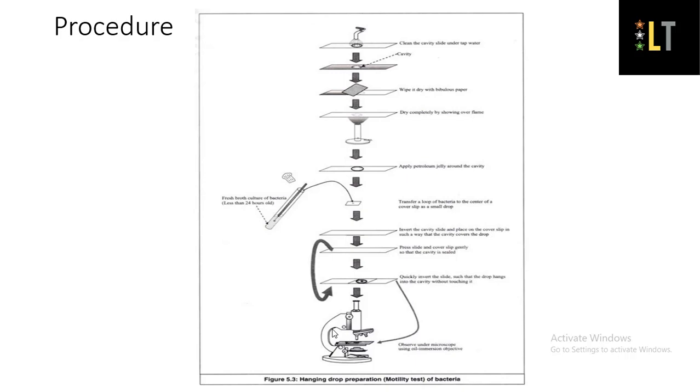Better contrast is obtained due to the difference in refractive index of the drop and the cover slip. As the drop hangs, it thins towards the edge, and for this reason the edge contains fewer bacteria, which can be observed clearly for motility. Usually aerobic bacteria come towards the edge to get more oxygen for respiration, so they can be observed on the edge. And a drop of immersion oil is put on the cover slip